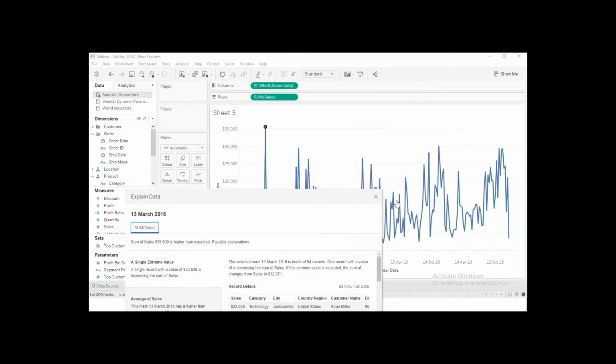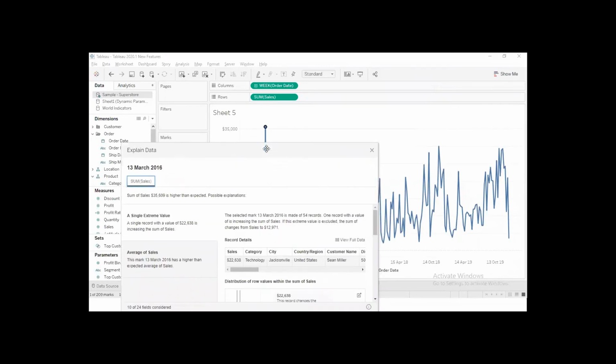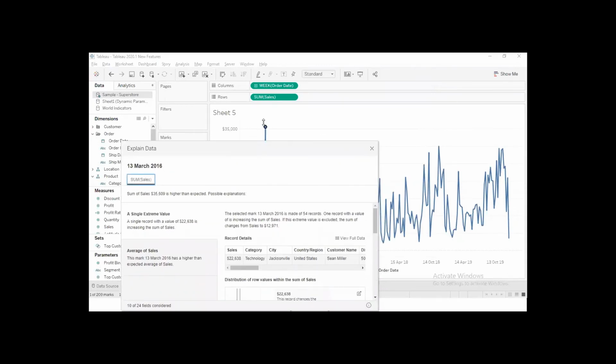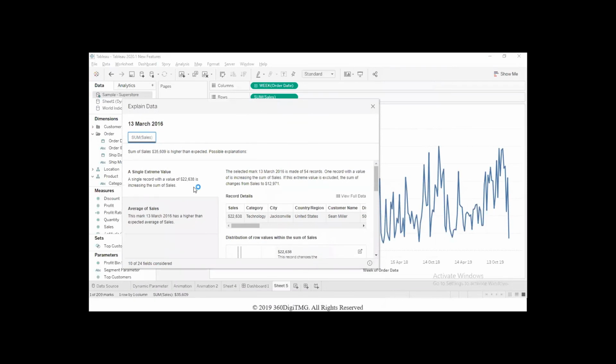Okay, it's not just looking at the data values present on your chart and saying that on average, this is the kind of thing that you can look at. However, there is something that went wrong here. It is also looking at the underlying data, each and every record in your data source. It scanned and it fetched that record for us. Look at this. It fetched that record.